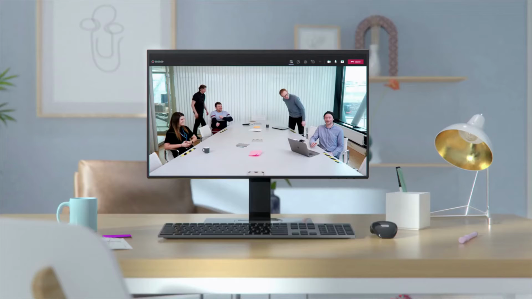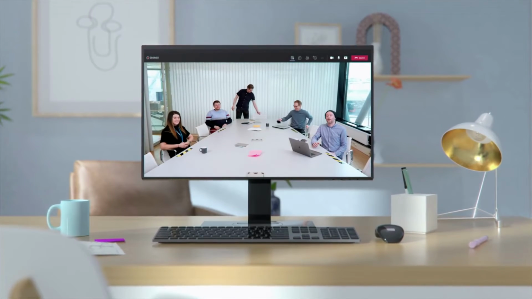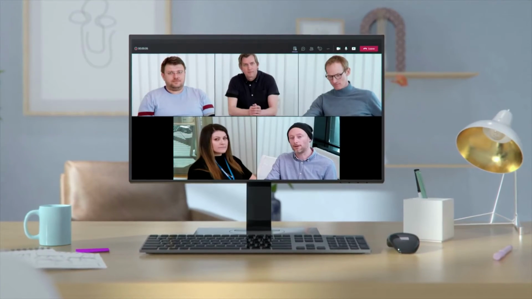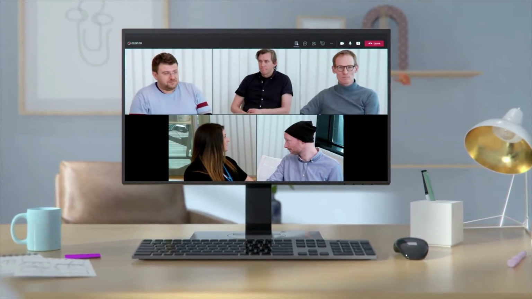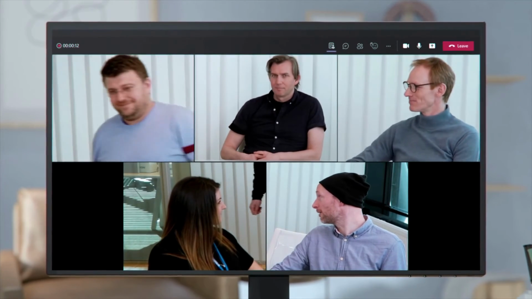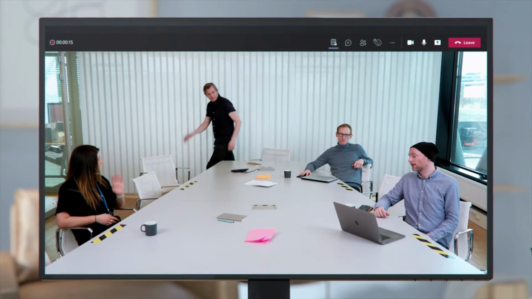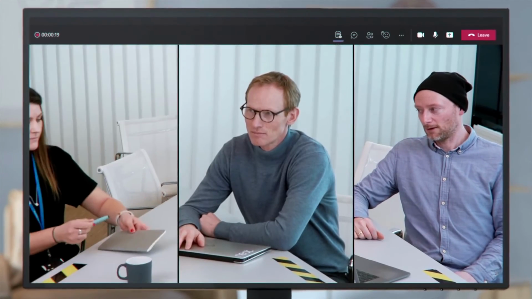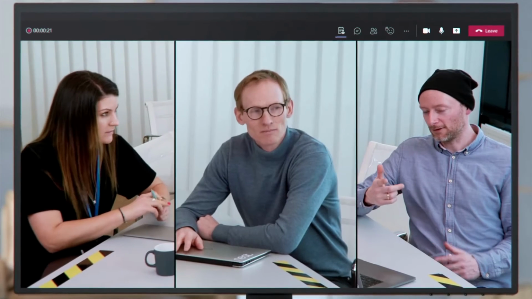It combines advanced AI with a high-resolution sensor to focus in and individually frame each in-room participant, following them as if they have their own camera person. With Neat Symmetry in Teams rooms, remote participants can feel like they're in the room without actually being there. Later this year, Teams experiences will be available across Neat's full device portfolio.